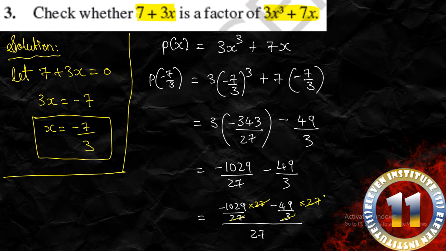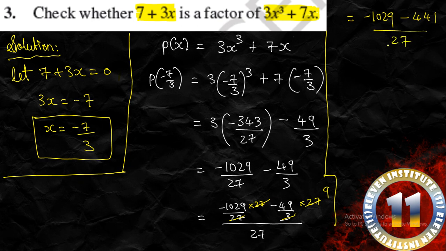Here we have 3 9s, right? So what we are left with is, we will write that over here, is equal to minus 1029 as it is. What is this? 49 into 9, right? So we very well know that 50 into 9 is 450, right? We have multiplied 1 more with 9, so 450 minus 9 will give us 441. So here we have 441, and this will be divided by 27. I hope this 49 by 9 is clear to you. You can alternatively multiply like this: 9 9s are 81, 8 carry, 9 4s are 36, 36 plus 8 is 44. So you get 441 over here, right?